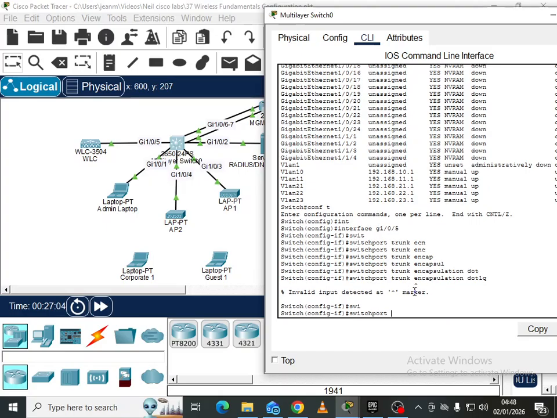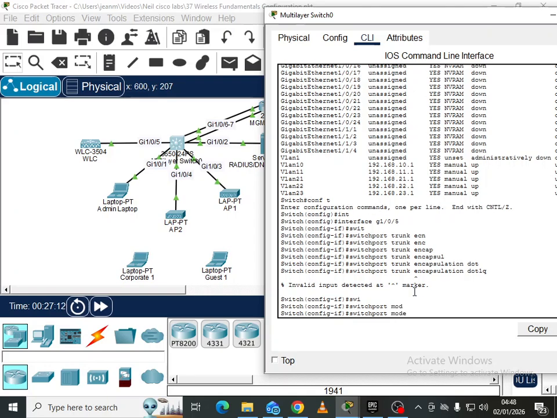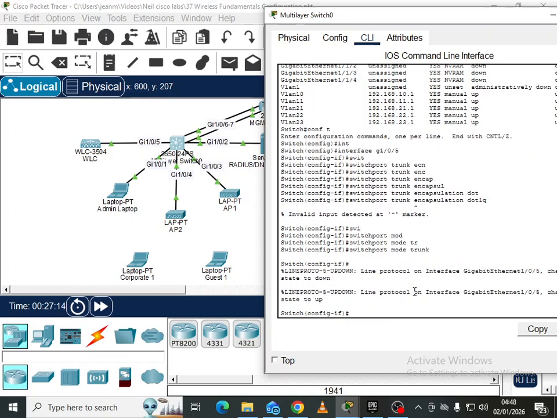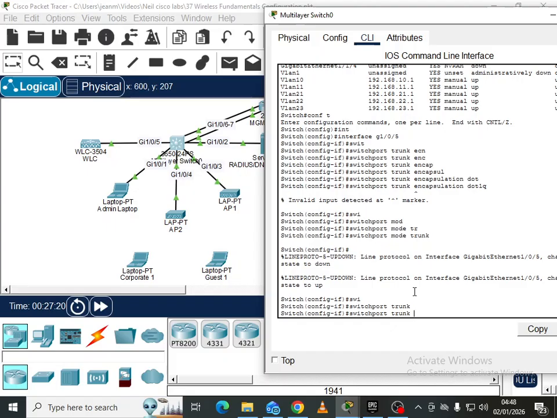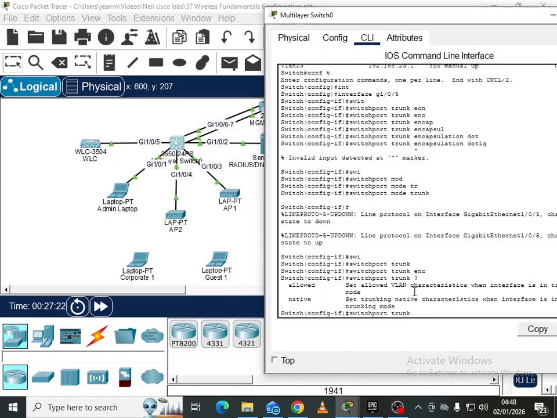Let me just see if I just say switch port mode trunk. Okay. So I didn't have to put the trunk encap. Yeah, I see we didn't have to put this. Okay. And then just to make sure, well before that, let me allow